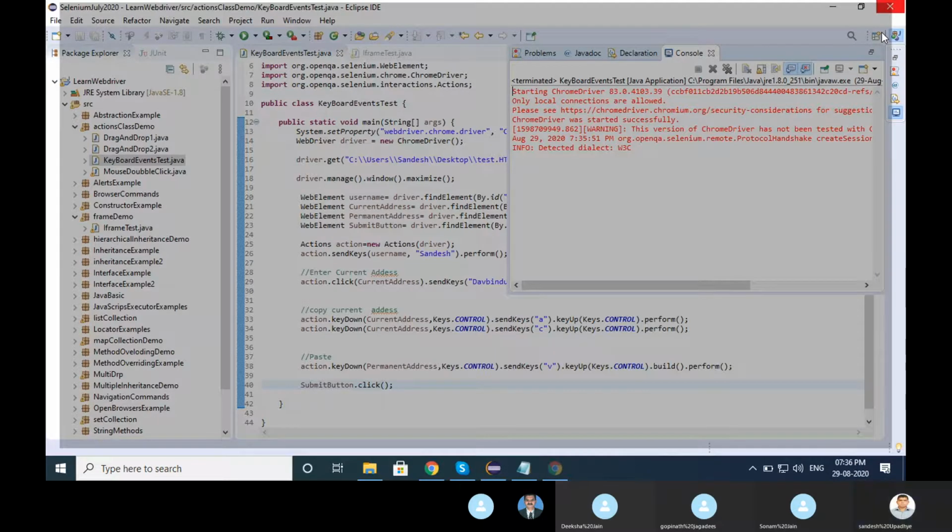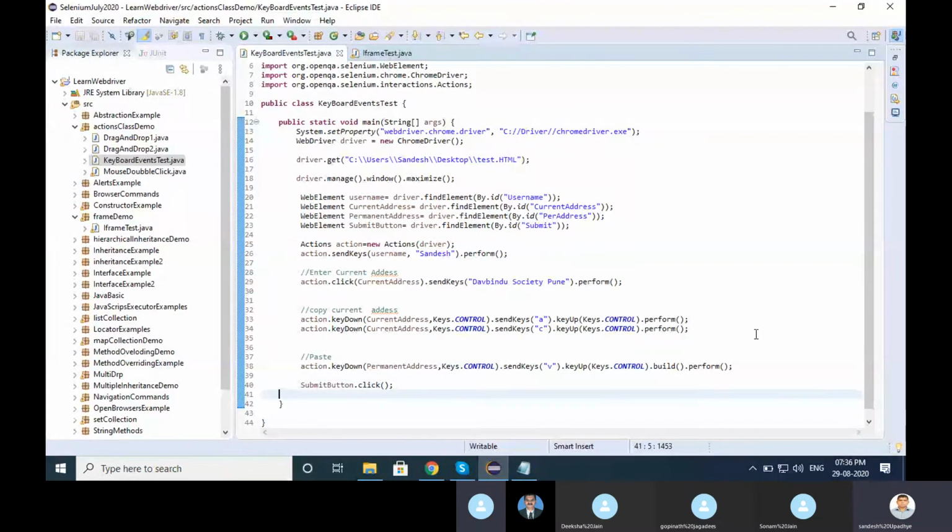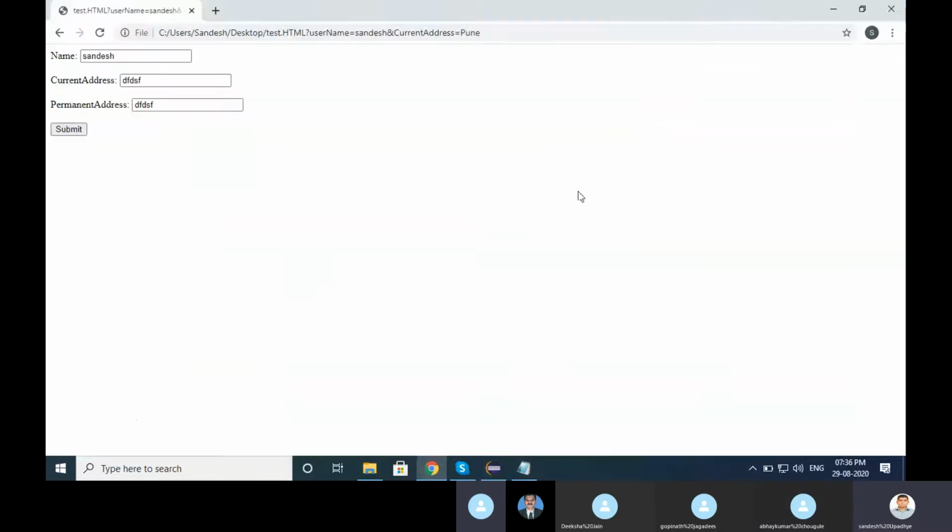Any query, any doubt? So, Sandesh, this is good. Just wanted to know, in which scenarios are we supposed to use this action class? Okay. So as I told you, there are multiple scenarios in your application. Let's say your application wants to double click, then other operations will not work. Then you need to go with the action class, because for double click we don't have any other options, right? I want to double click with the mouse or the keyboard, or in your application you want to copy.